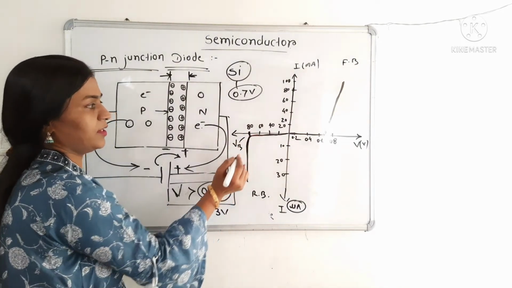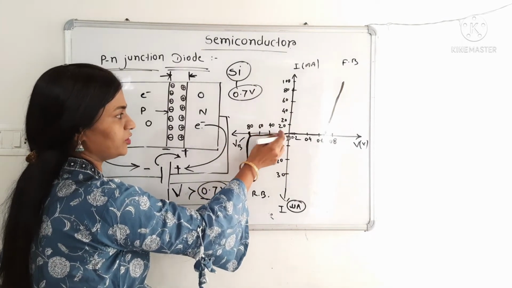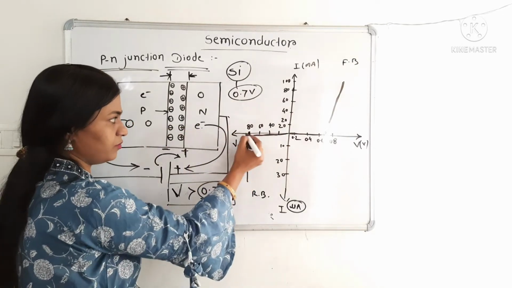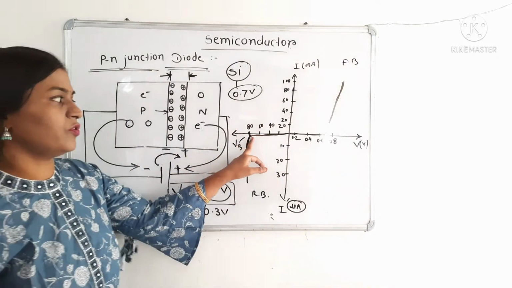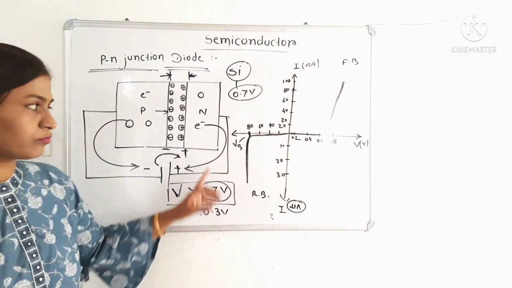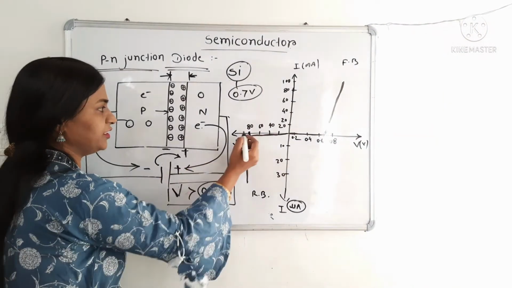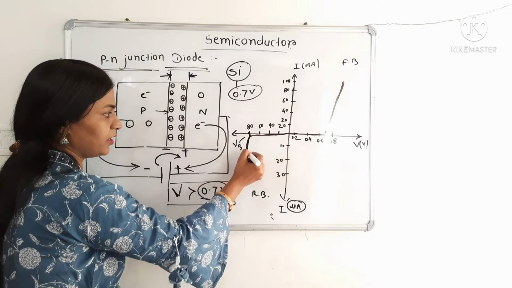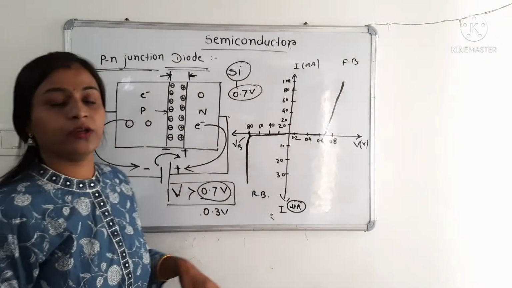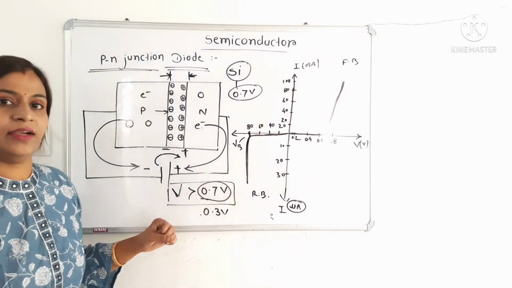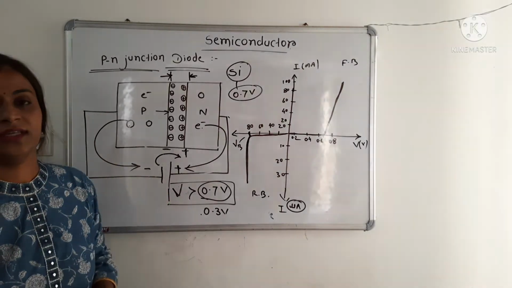This is the reverse current, and at this time, as the reverse voltage reaches the maximum reverse voltage, this current increases rapidly, and this maximum voltage is the breakdown voltage. This is the reverse breakdown voltage. As this external voltage reaches this value, this current increases rapidly, and this phenomenon we are using in another diode, that is Zener diode, which is the next topic of this section.